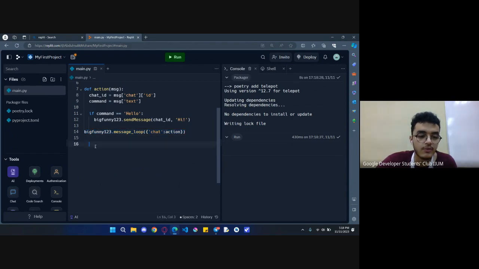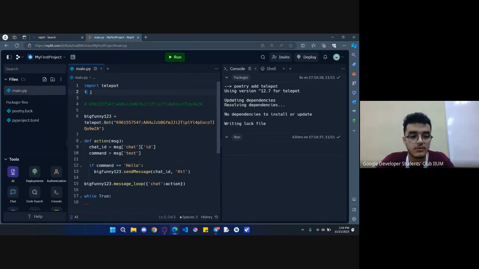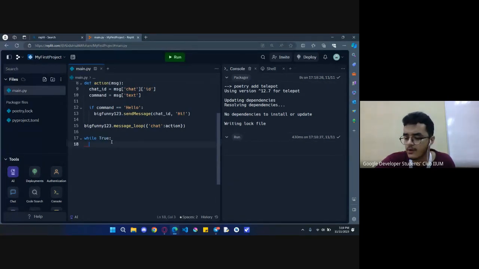So what we want is for our program to continuously be running, right? We don't want it to stop running after checking one message, because it'll check for a few seconds, and it'll stop. It'll exit after this. We don't want that. So what we're going to do is while true, which is to basically create an infinite loop. And up here, we're going to import from time import sleep, so that we can have a little buffer of time. We want it to sleep for 1 second in our main loop. So it'll execute, sleep for 1 second,